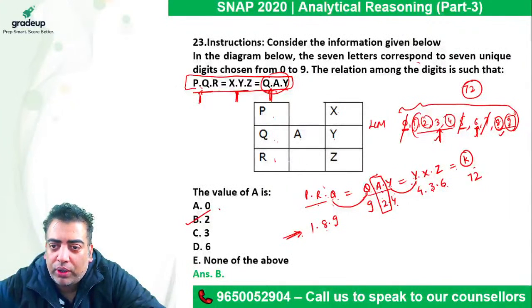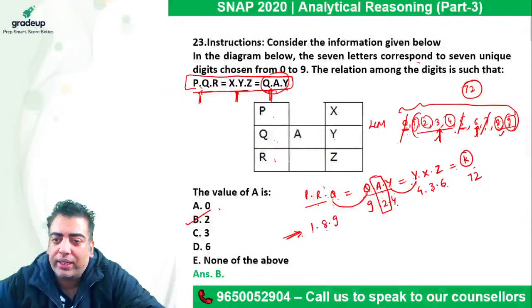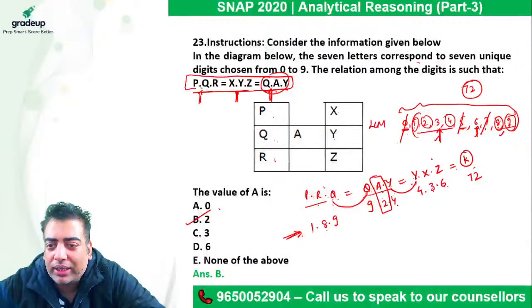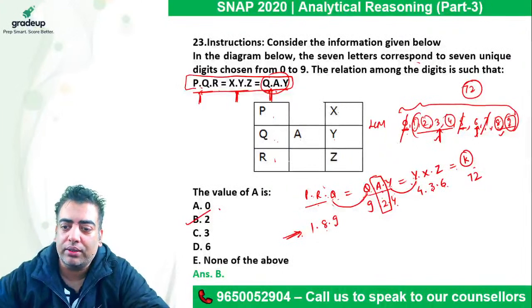Now the next job was to rule out those values which will not appear anywhere. So if you place 0 anywhere, at most two of these values can be made 0, but never all three, because no other digit when multiplied with any other digit will give me a product of 0. Right, so 0 is ruled out. Likewise, 5 and 7 are ruled out because they do not occur in any of the numbers. Is it done? So this was the first thing that we need to do.